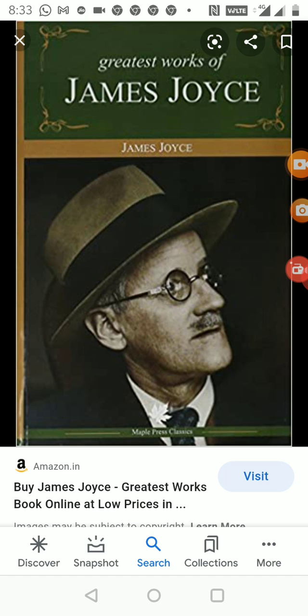Its longest work was The Dead, concerning a university professor who attends an annual party and dinner with his wife. Here he learns that his wife had been in love with a young boy named Michael Furey, who had died tragically many years ago. The professor soon begins to realize that he had never and would never be as close to his wife as she had been to the dead young man.